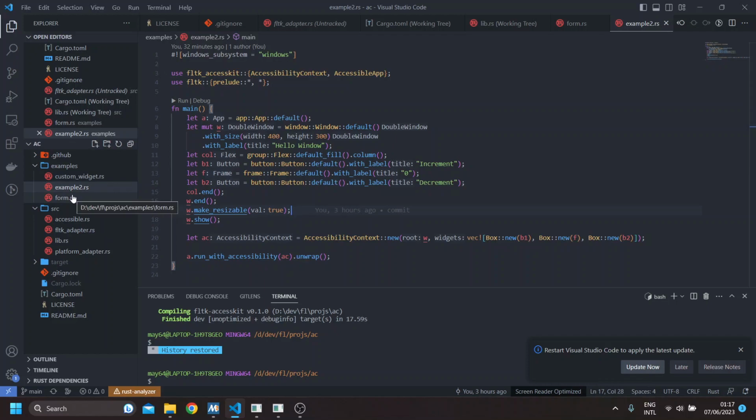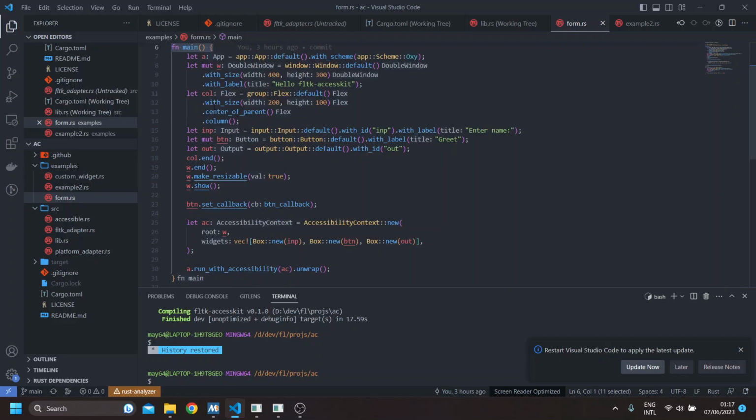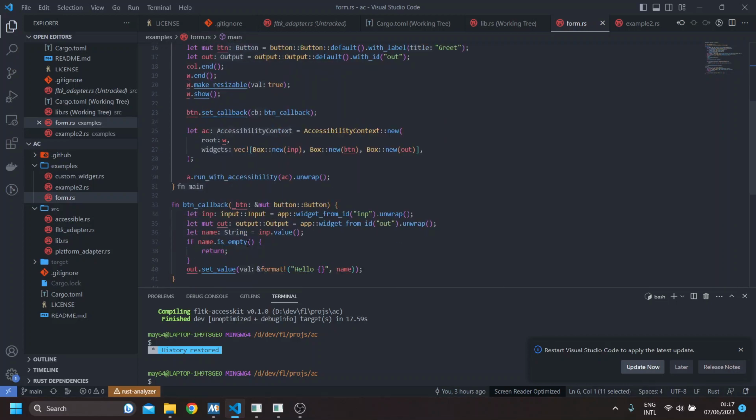If you take a look at the other example we'll be looking at, I'm using the windows subsystem equals windows just to avoid having the terminal show up in the example. It's not required, and in this example we do the same imports. The app, window, column, we have an input, we pass an ID, and the button and the output. And when you click the button, it basically calls the button callback, which gets the input and output using